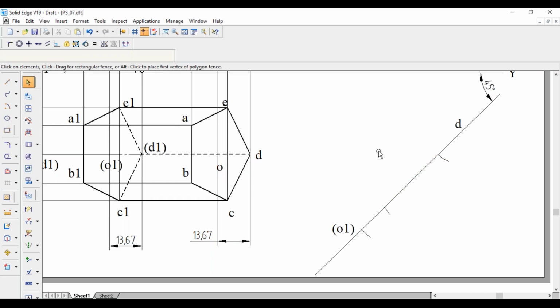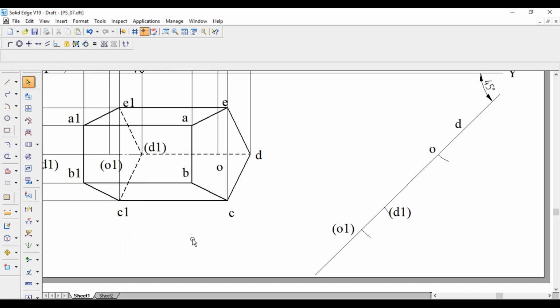So this is O, this one is D1. So we have only 2 points, D and D1. Still we have to get A1 B1 C1 E1 and A B C E. To get that one, first we'll go with AB and A1 B1. These two lines are perpendicular to this DO1,